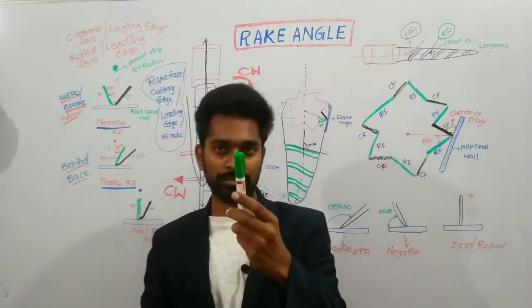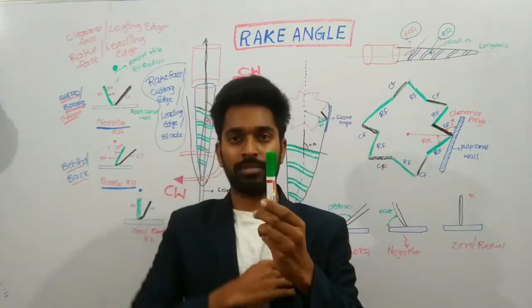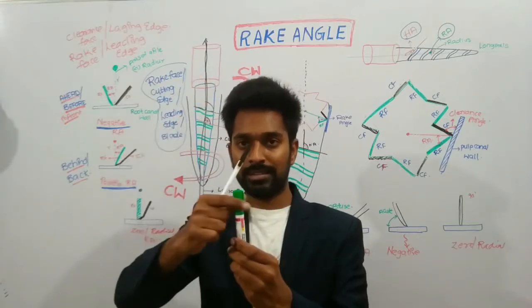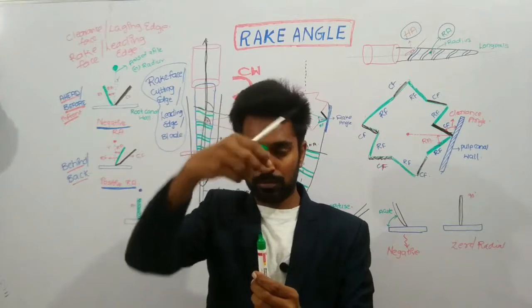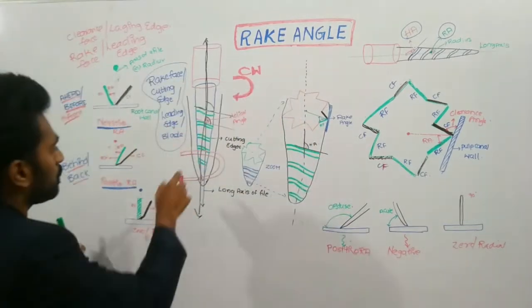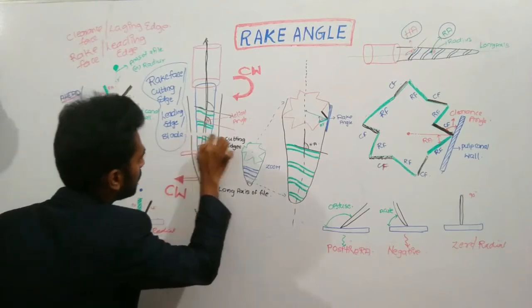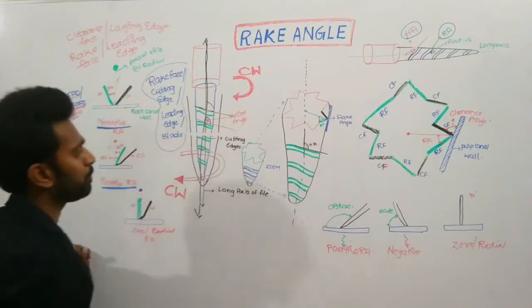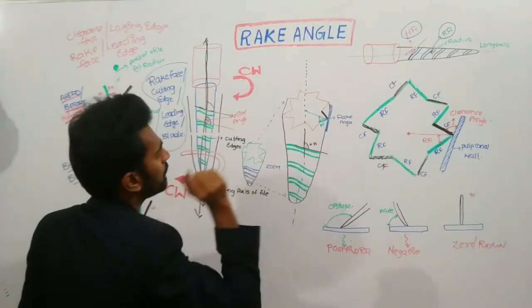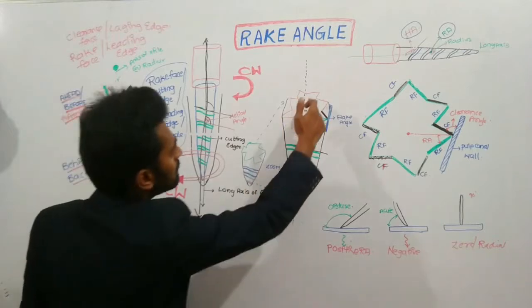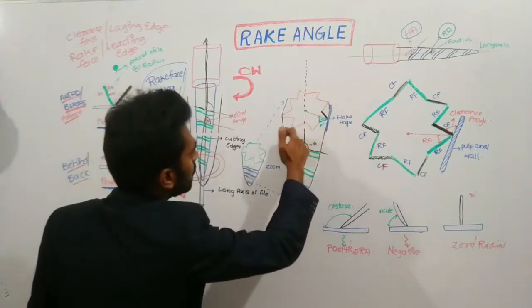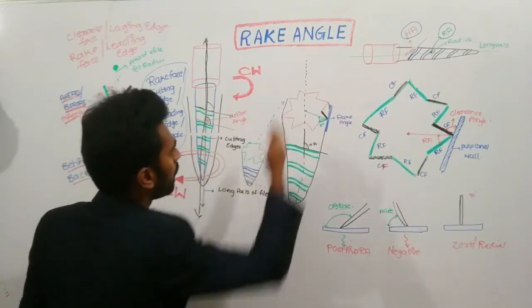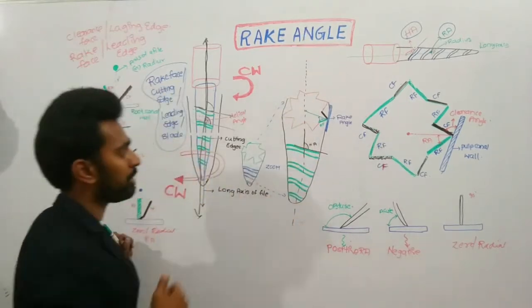Suppose this is a rotary file. If you take a cross section of a file and observe from the top, that means if you cut the file at this part and observe from the top view, this is the exact view. If you zoom this diagram, this is the exact view. It has the cutting blades. These are the cutting blades and these are the rest of the file. These are the cutting edges, right? And this is actually the long axis of a file.